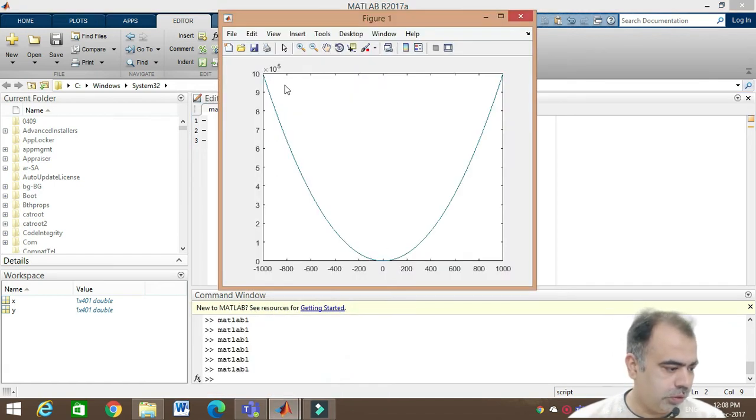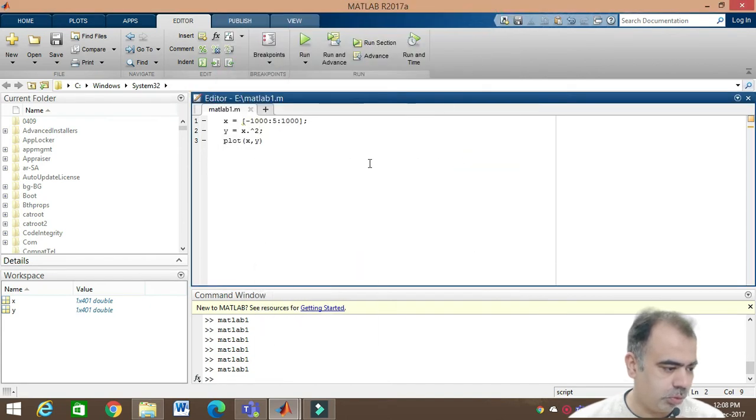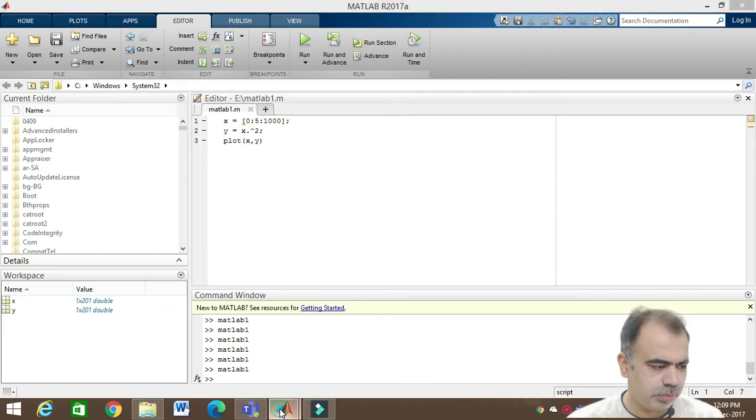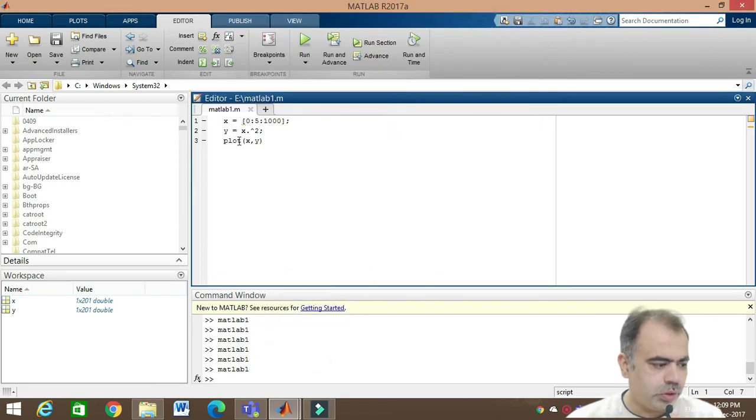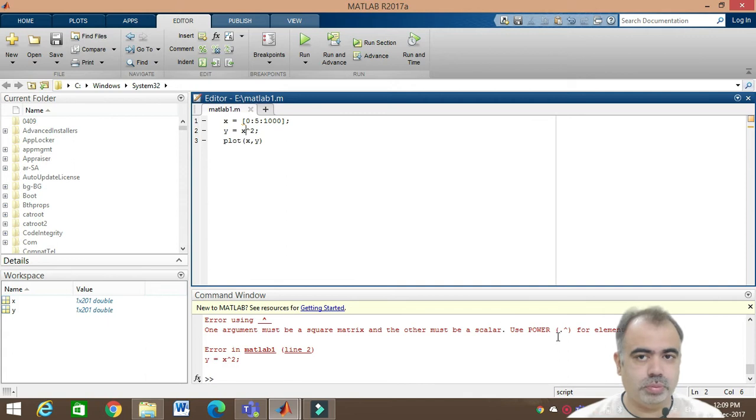Now if you want to see the graph of x raised to power 2, you just have to write x dot raised to power 2. Then you have a plot like x square, which is a parabola. Through this I just want to say you can give a range of any numbers, and then whatever kind of graph you want to draw, you just put it in y, and you can have graphs like that. So it is very easy. I just wanted to start the programming from here, because graphs are one of the most important things.